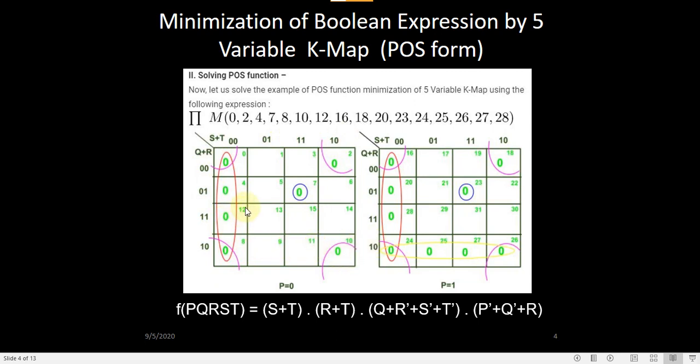So how is 11 and 10 related to the gray code? Here 11 comes before 10. Yeah, because 1, 1, right? And then 1, 0. Oh, okay. Right? So only there will be a swap between the third and fourth column. Here also there will be a swap between the third and fourth, vertically as well as horizontally.